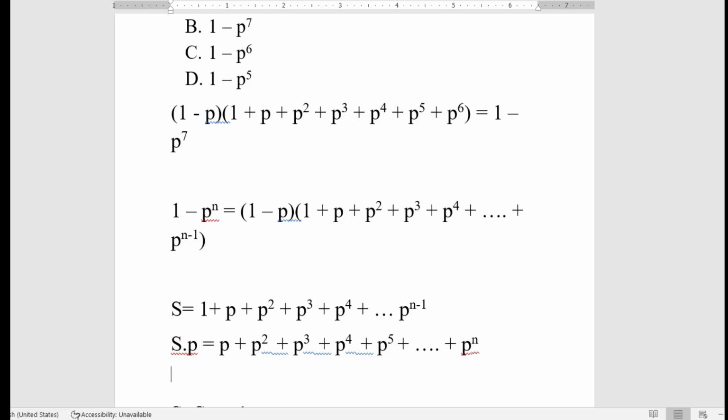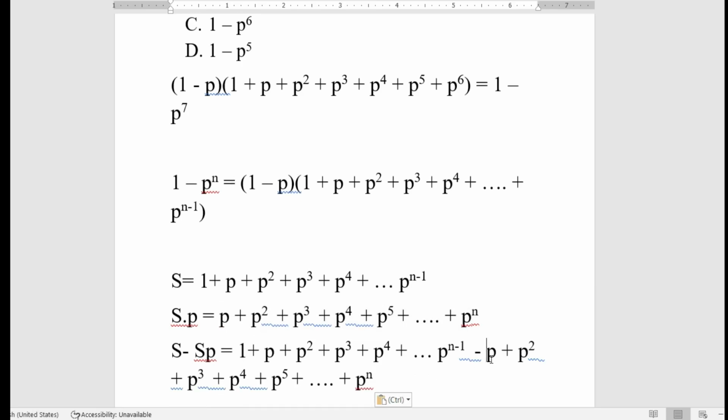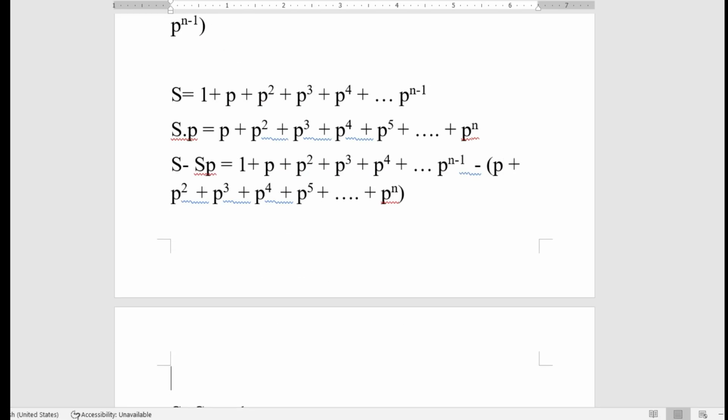Because I use s minus sb, and I copy this, and I minus this, but please put it into the bracket, and when you open the bracket you have to change the sign. Okay, and then you have sb is